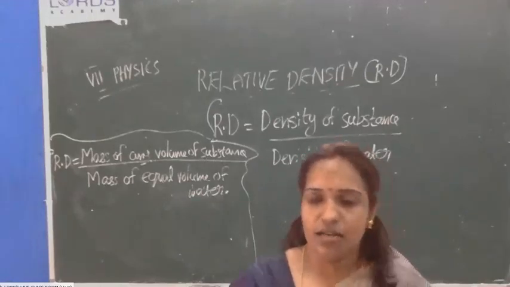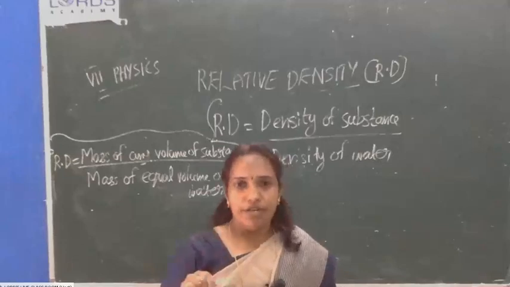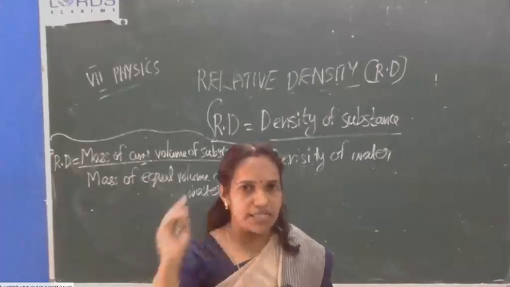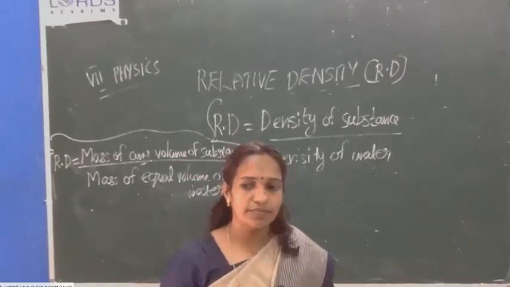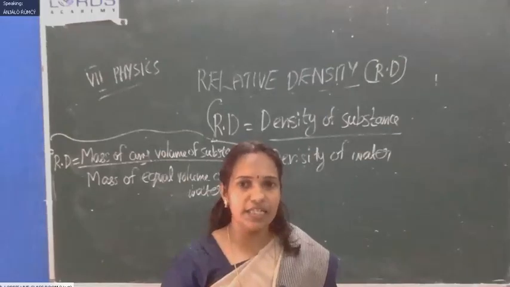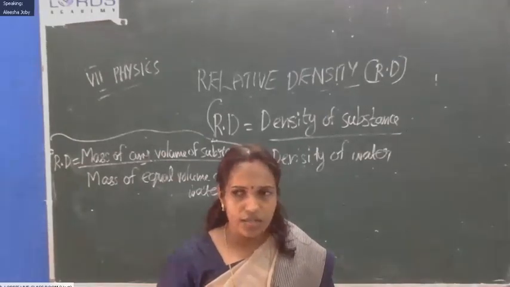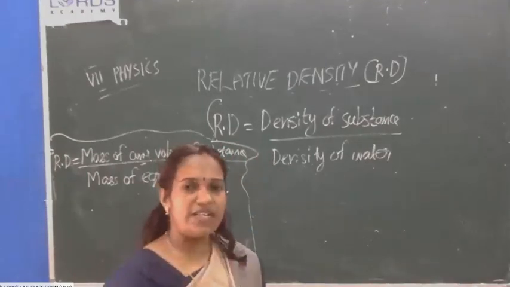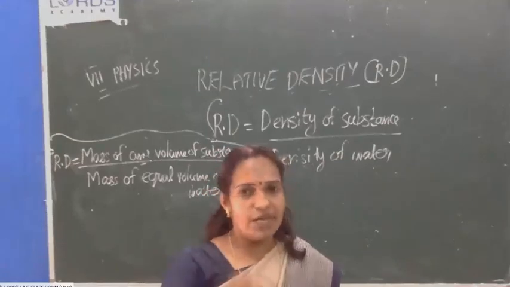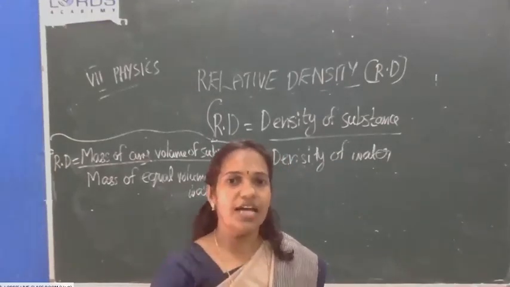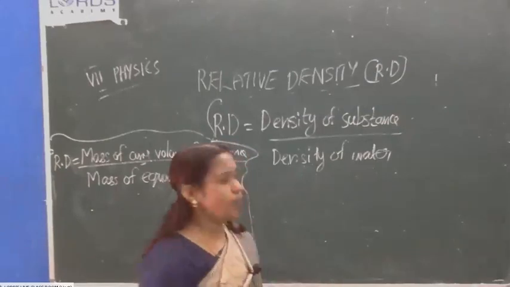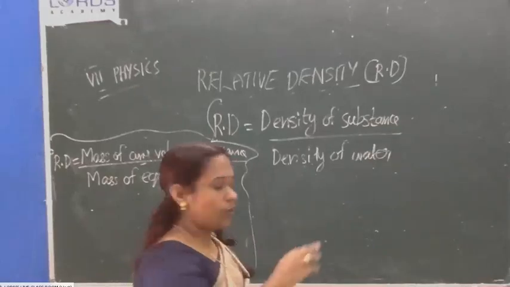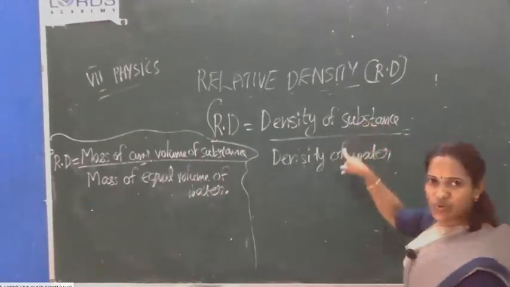Okay. So, we know that whenever we are studying a physical quantity in physics, after studying the definition, the next step is to study its unit, isn't it? First we study the equation or definition, sometimes both of them will be the same. After that we have to study the unit. What about the unit of relative density? We can find out from the equation itself.